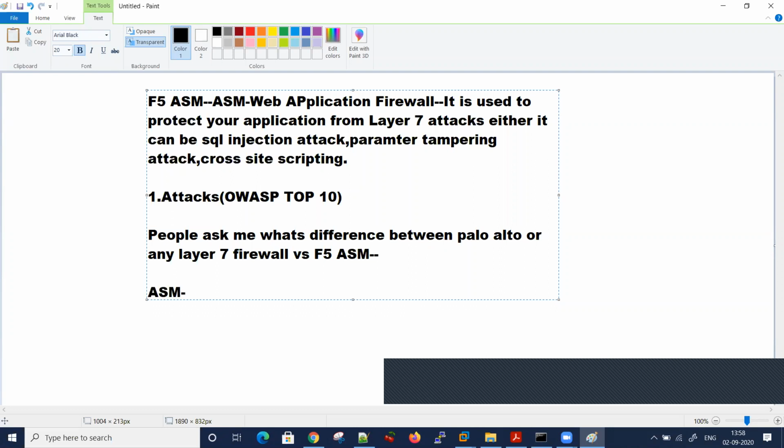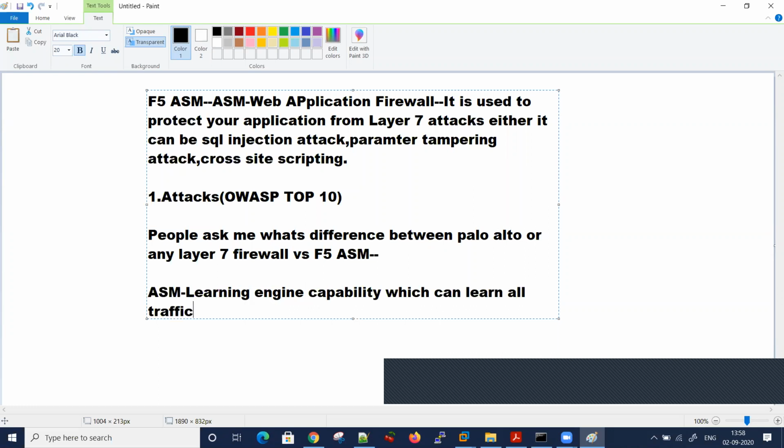Excellent. So basically ASM has a learning engine capability which can learn all traffic. Santosh, you are correct. A firewall was basically introduced to protect your networks. It works based on attack signatures. It can protect from SQL injections based on signatures.